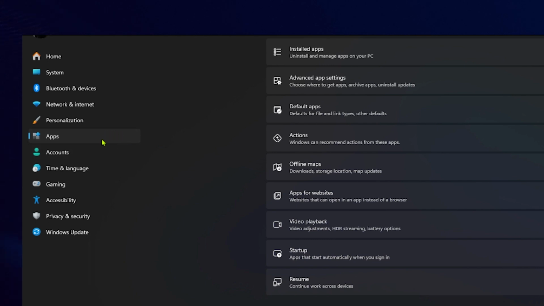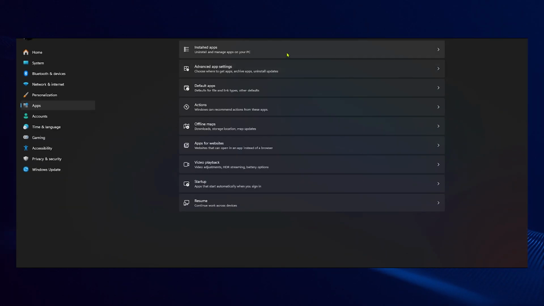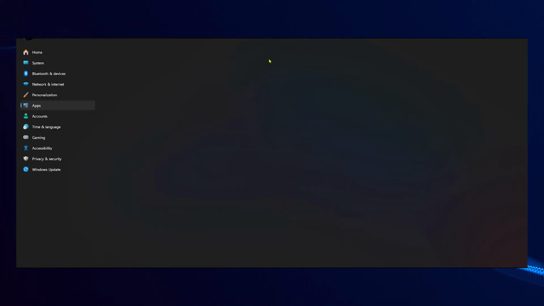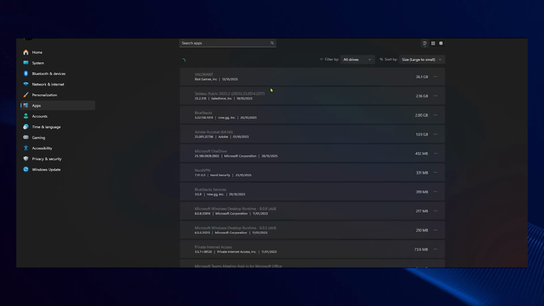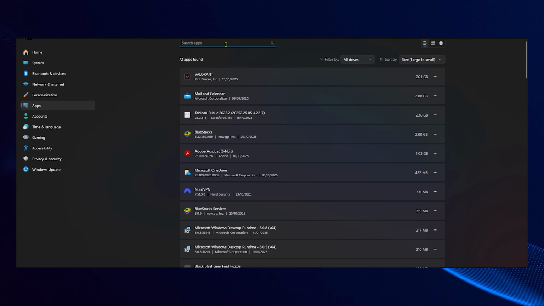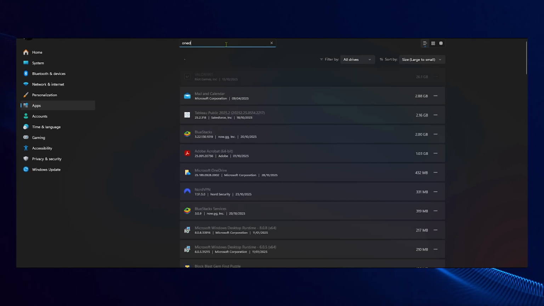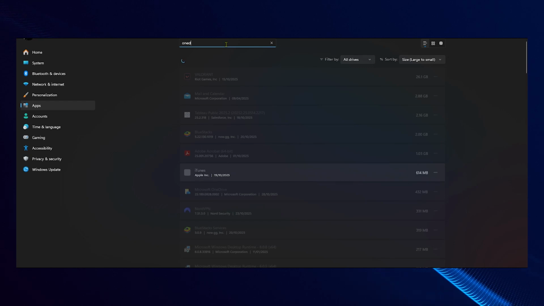With the apps menu open, the next area we need to check is the apps and features section. This list displays all of the applications installed on your PC. It's organized for easy browsing, and you can even search for specific applications if needed. You'll see the complete list of programs. We need to scroll through this list until we find Microsoft OneDrive. Once you spot it, take a moment to ensure you have selected the correct application, as it's essential for the